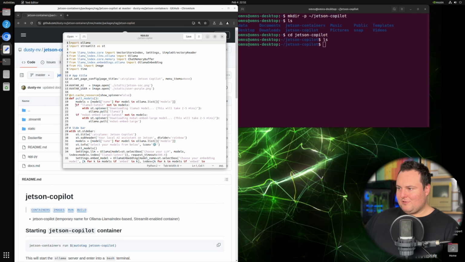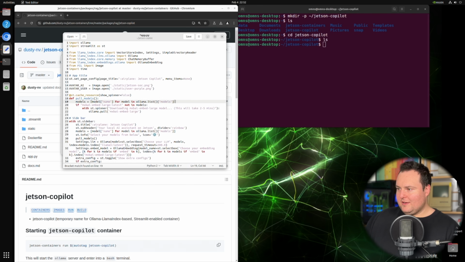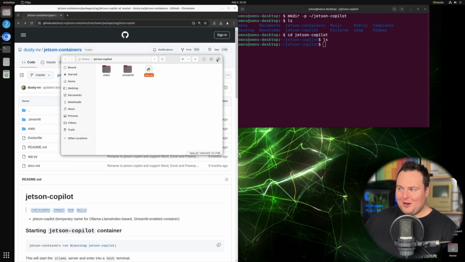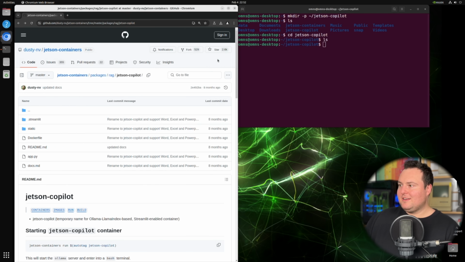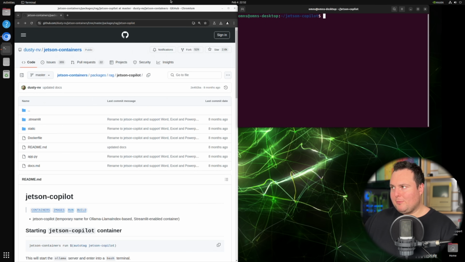So essentially, from this if statement right here, if Llama 3 latest is not in models, then download the model. We don't need to worry about what these do. But basically, we are going to delete these 3 lines, and then save it. And that is essentially all we needed to do to not have this auto download that Llama 3 8B model. So we are almost ready to go ahead and do what probably should have been a quicker tutorial,